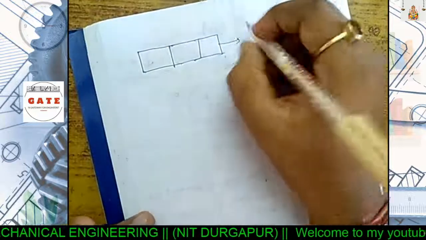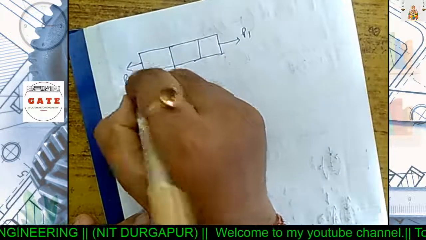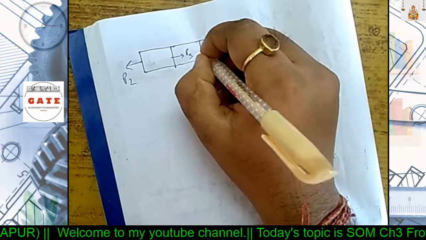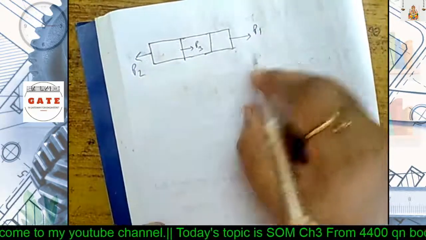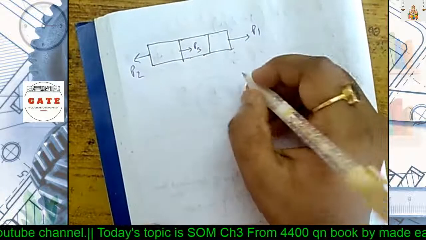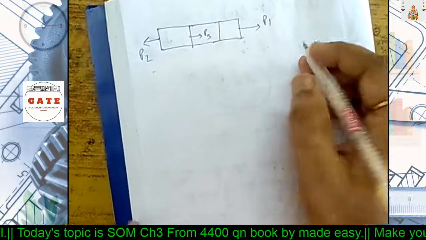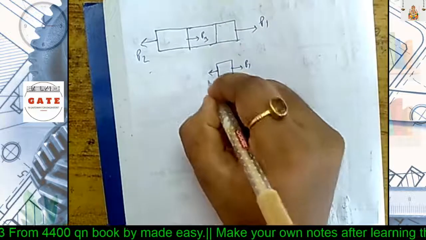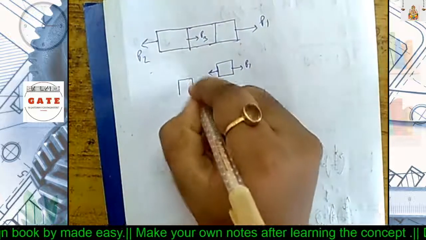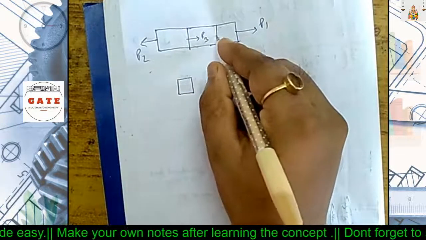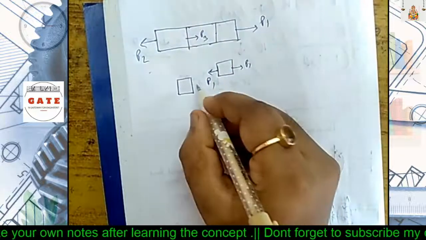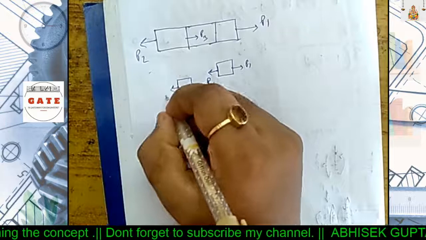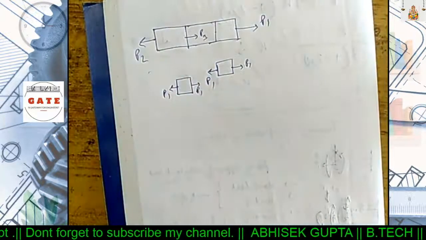Three bars, P1, P2, P3. So for this type of problem, we have to proceed from either side, either from the right side or left side. Okay, if we proceed from the right side, then for this bar P1, the same force you have to give here, and for this bar, since here zero, no force is applied in this section, so again opposite P1 will be there, and here to equate this, we have to give another P1 here.